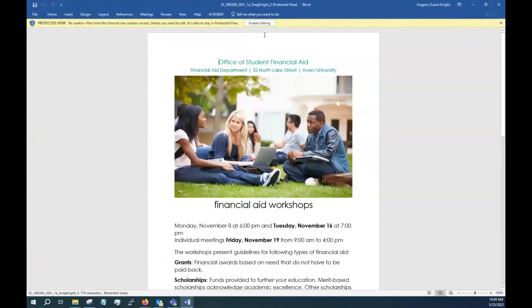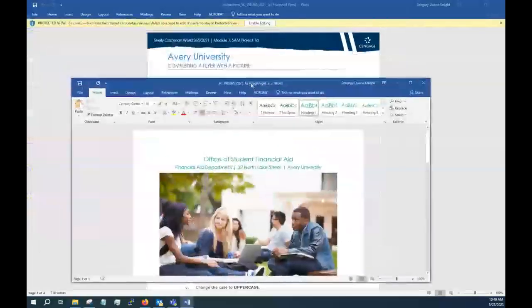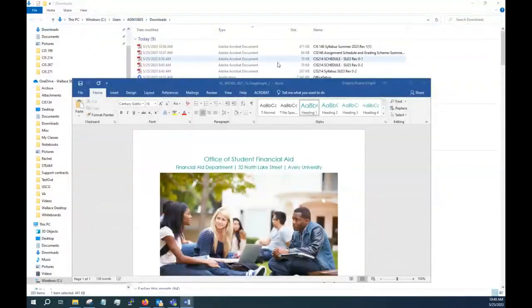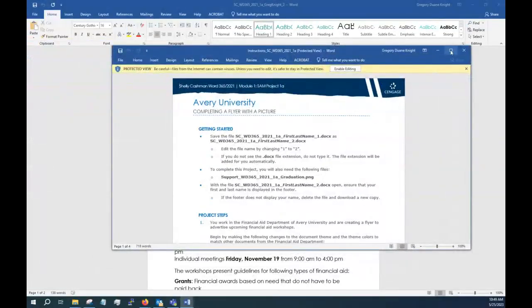Now, if you have 2 screens, which I would suggest, it's easier, you can actually put your work and, in my case, the instructions on 2 different screens. That way you can see what's going on. But since I'm showing this to you guys on video,